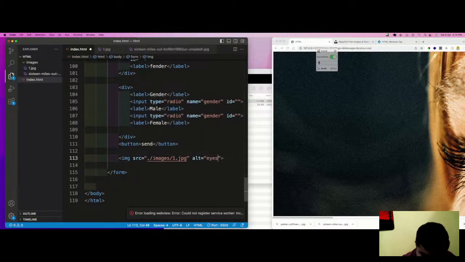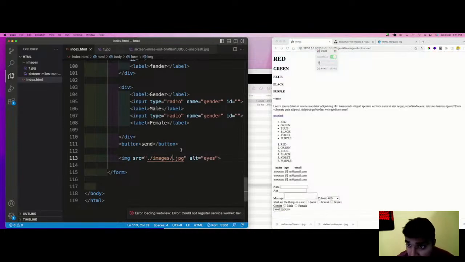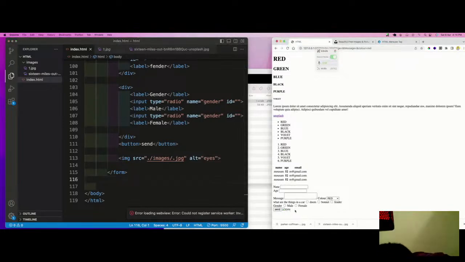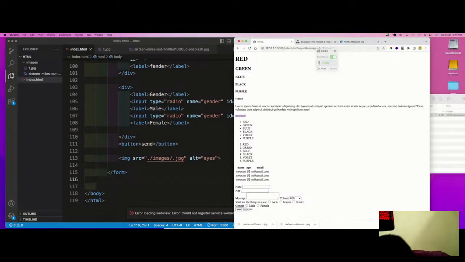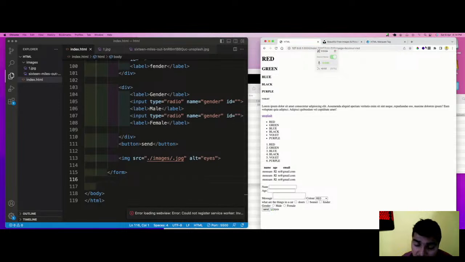So suppose due to any reason my image does not load here, what will happen? See, you will get an icon kind of a thing. So what will this show you? It will tell you that here we have linked an image which has alt built into it,